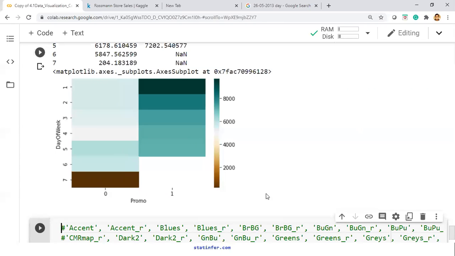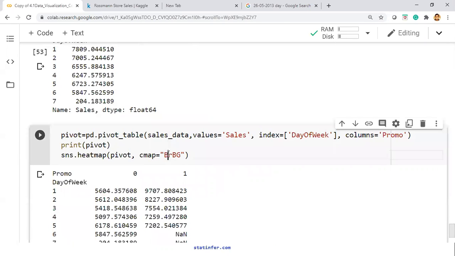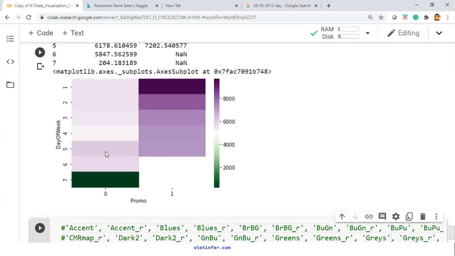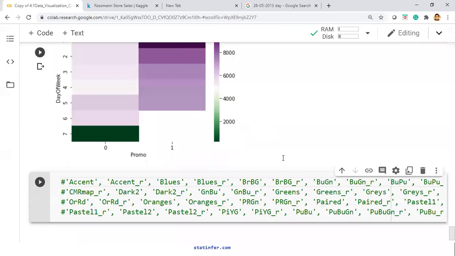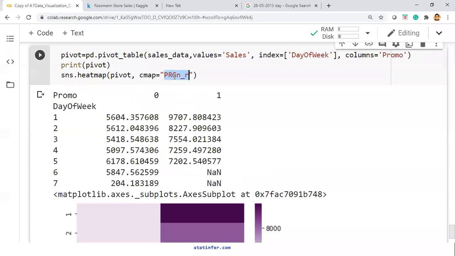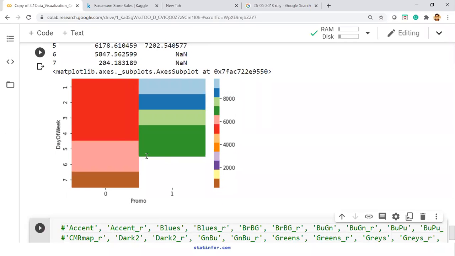Okay, try 1 or 2 different color map options and try to highlight that particular Friday. Maybe these are the extreme values, these are the ones that are in the middle. Try 1 or 2 and then try to highlight the story that you want to tell using this graph. Maybe this Friday, or even this is not good. Yeah. Try 1 or 2.